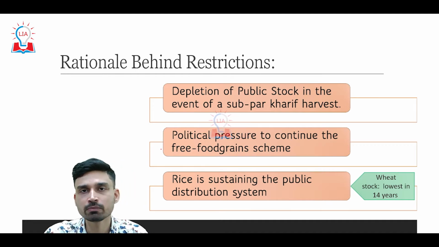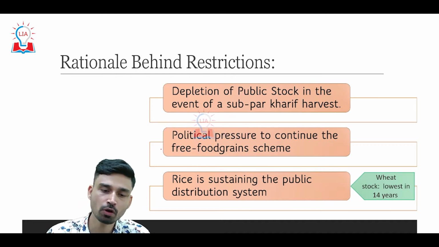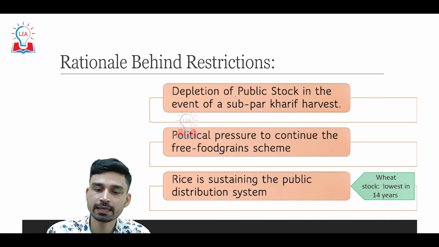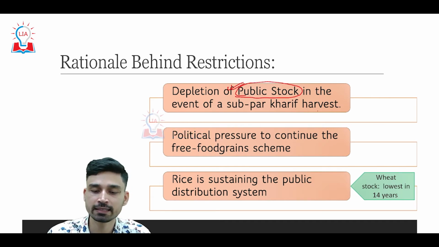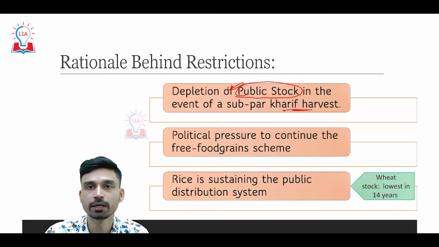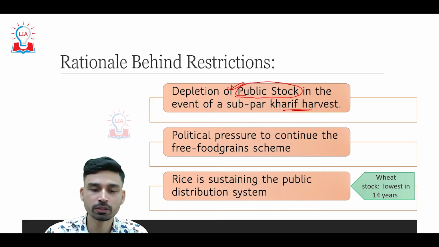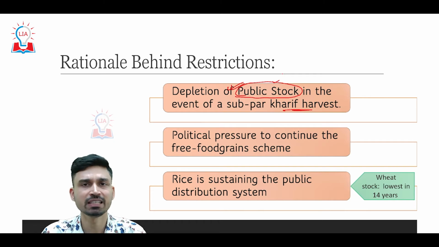Not only that, there are some other issues at hand as well. First of all, government is worried that there can be a possibility of depletion of public stock of rice in the event of a subpar kharif harvest. Now why should you be worried about the depletion of public stock, or why is government basically worried about the decline